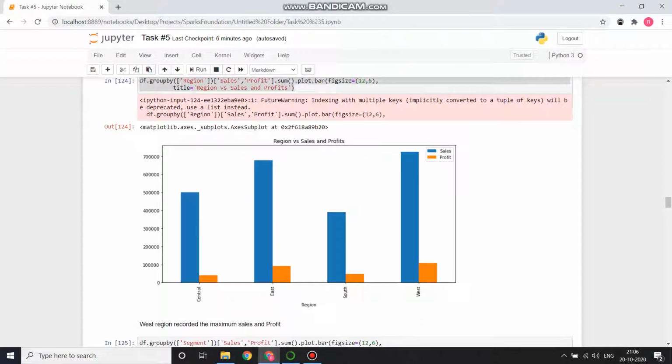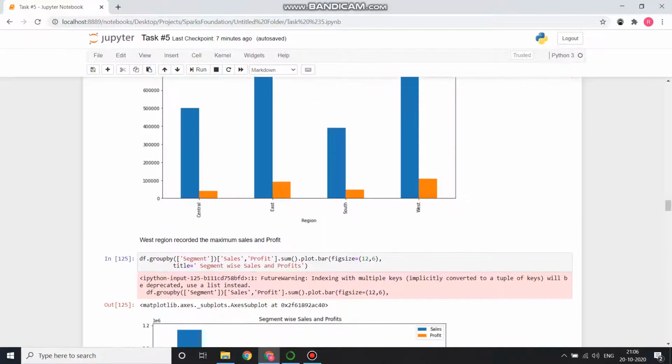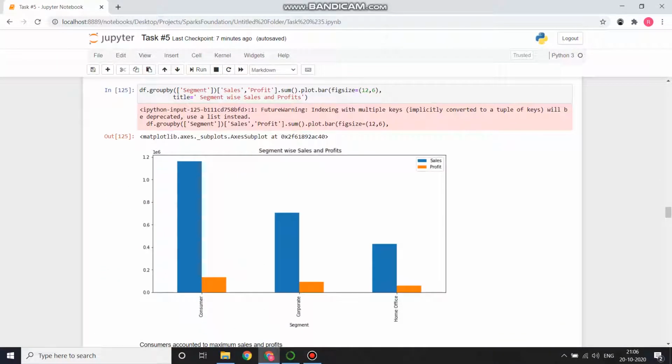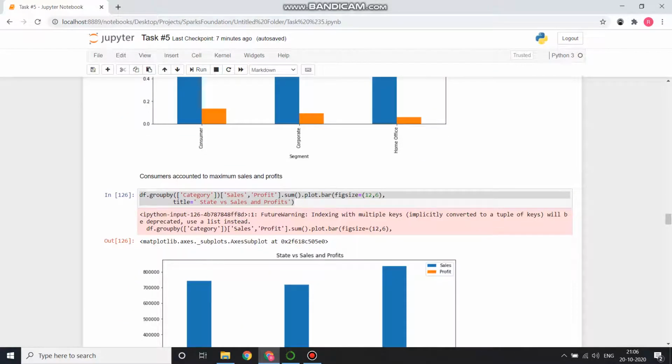Here's the region-wise sales and profits. The central region and the southern region incurred the least profits, while western and eastern did really great. Here's the segment-wise sales and profits. The home offices contributed to the sales and profits the least,